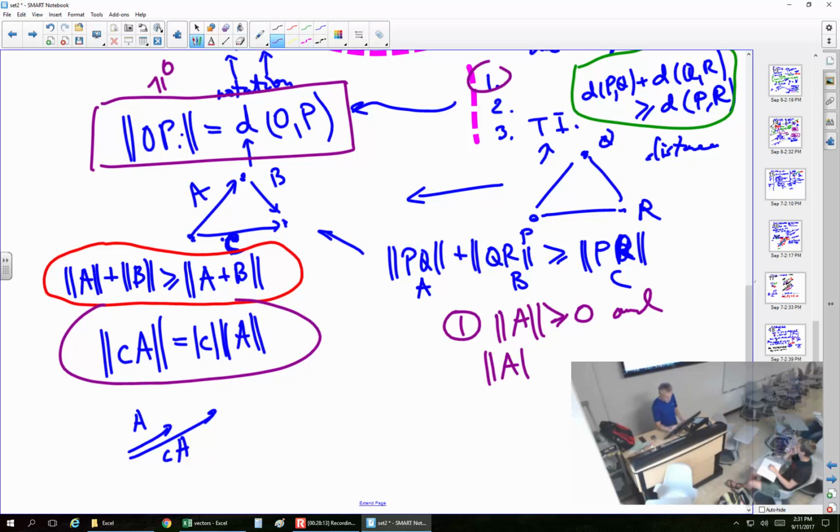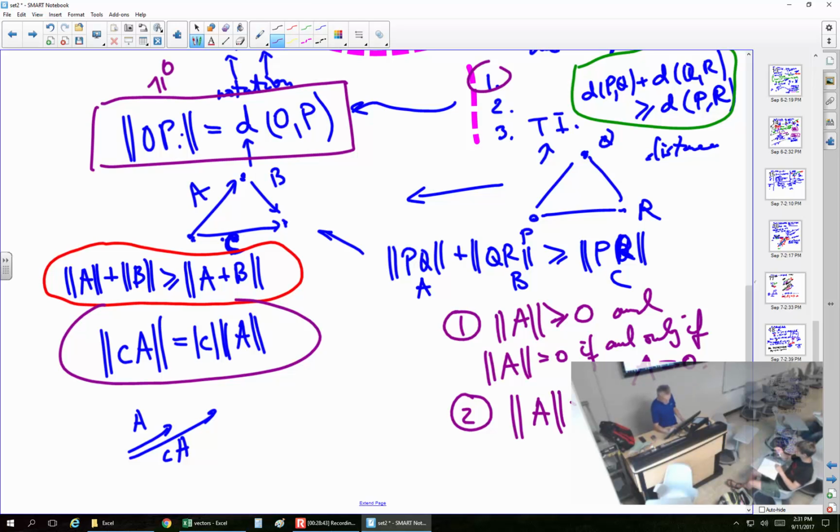The magnitude of A is equal to 0 if and only if the vector is 0. Once again, it's the relation between distances and the vectors, the point and the distances and magnitudes. And secondly, that you can guess, say,